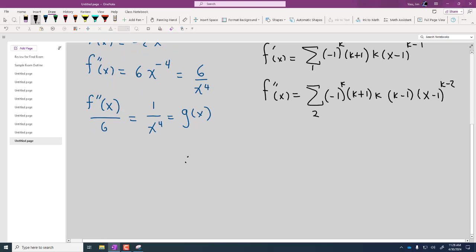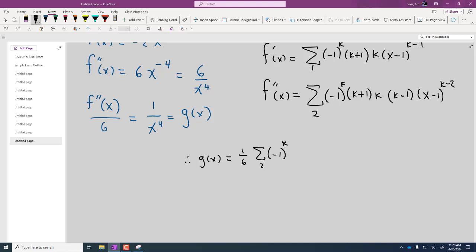Now g of x is 1/6 that. So now we just put a 1/6 in front. That one starts at 2. And so here is the power series centered at 1. So there is the power series for g. And then the last thing: